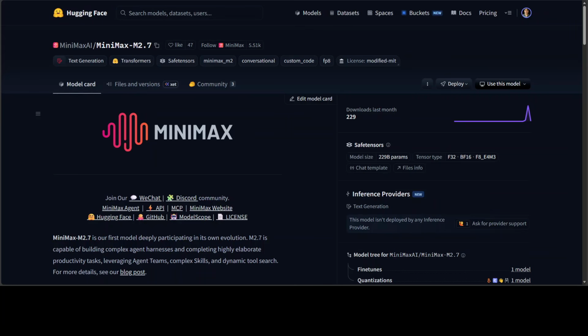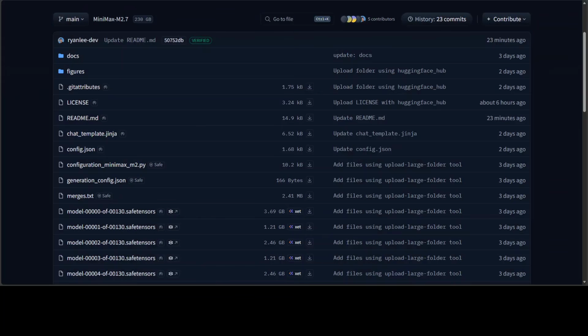Minimax M2.7 is finally open sourced, and this is a big one. Minimax has been teasing this model for a while, and it's finally here under a modified MIT license. The model has 229 billion parameters, mixture of experts architecture, and what makes it genuinely different, this model participated